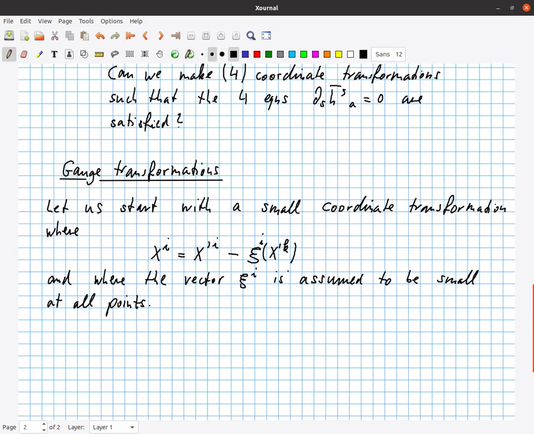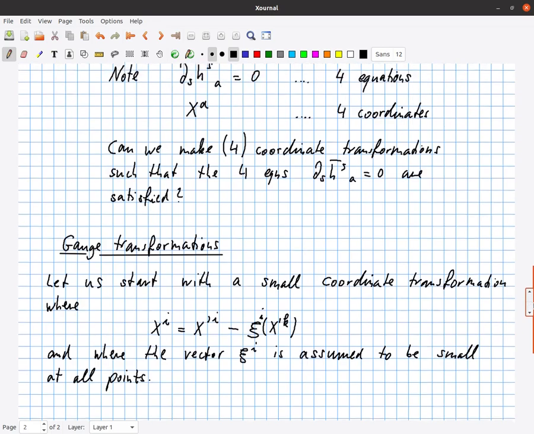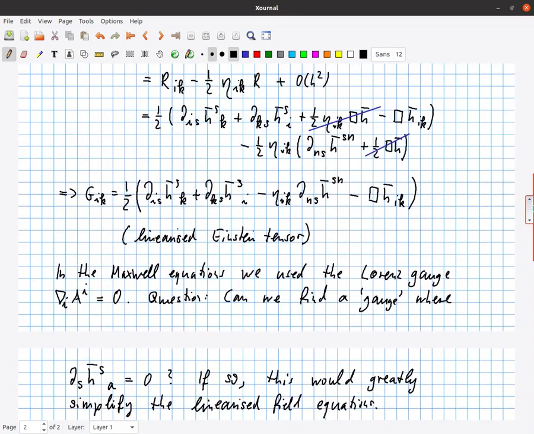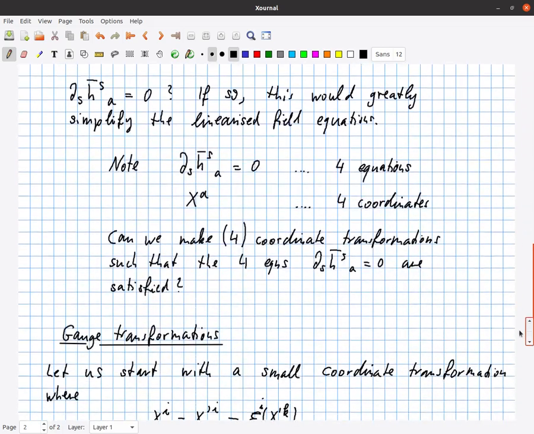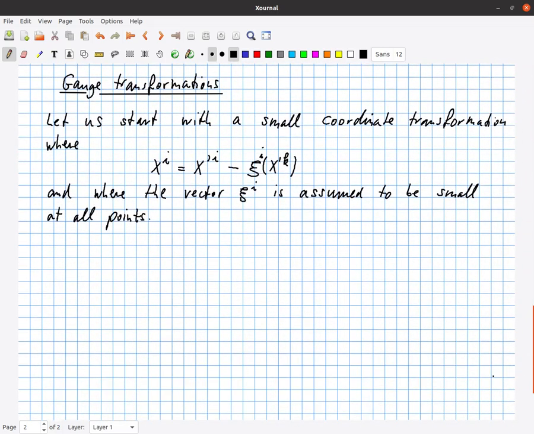Why is it sufficient to work with an infinitesimal coordinate transformation? The answer is because we are already working with only small metric perturbations. Recall that h is already small. Because h is small, we don't have to worry about large coordinate transformations. Hence, it is sufficient to consider infinitesimal coordinate transformations here. We assume this psi to be small at all points, and then